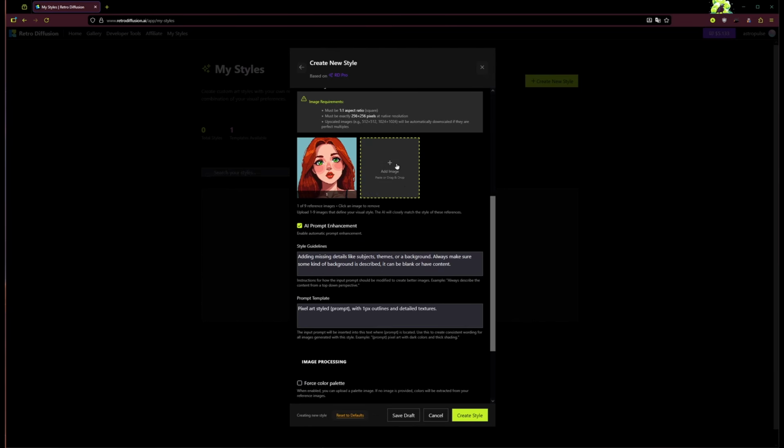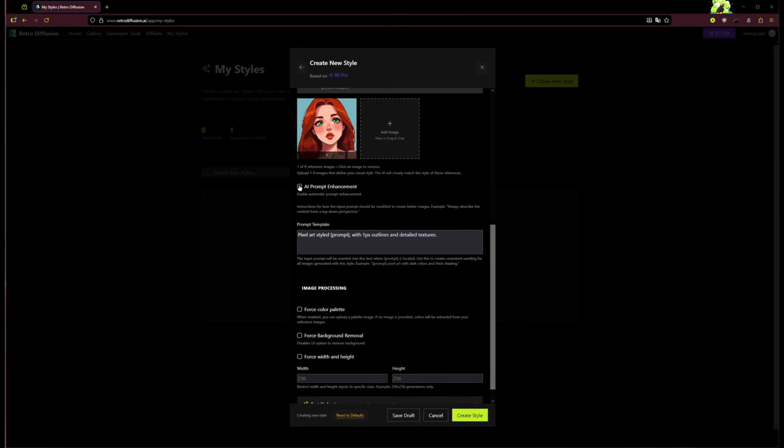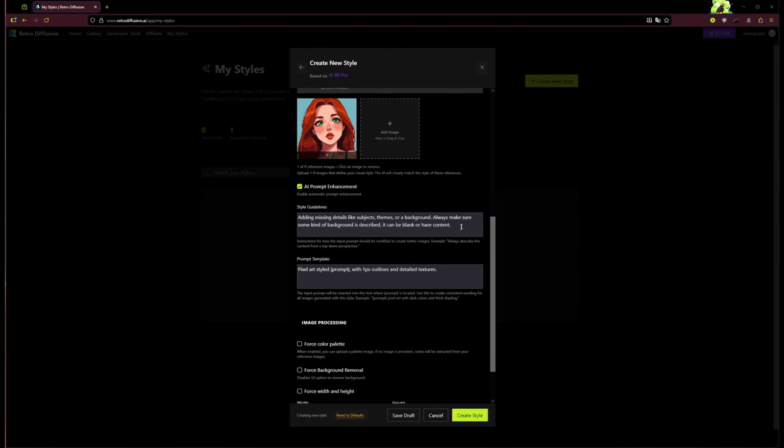You can add more than one, but I recommend sticking to just one for now because that'll keep things nice and clean. So then we've got this AI prompt enhancement piece here. And what this does is it basically tells the model what you want prompts to look like. You can just put stuff in here and it'll figure it out. But for example, I'm going to say,